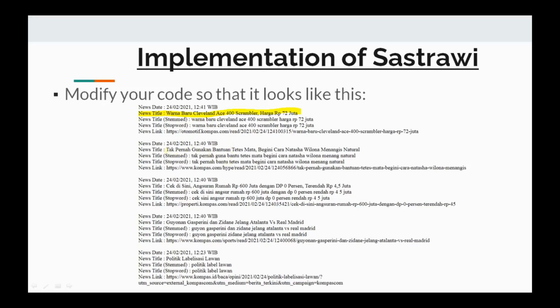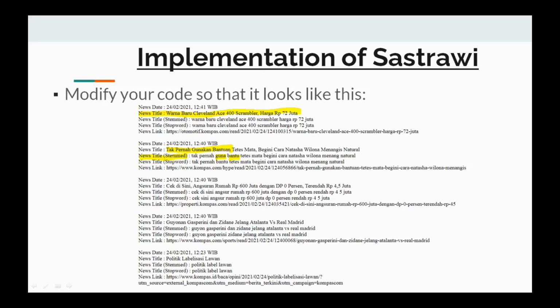For example, in this sample, the original title is "Tak pernah gunakan bantuan". After the stemming process, gunakan becomes guna, because guna is the basic word of gunakan, and bantuan becomes bantu, because bantu is the basic word of bantuan, and so on.